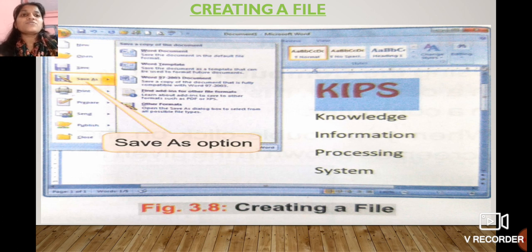So this is the image for creating a file. So we have seen how to create a file. We have to go on Microsoft Office Word, and then when we click on Microsoft Office Word, we can see a blank document, that is only creating a file, and we have to save our file, as we can see on the screen, that save as option. Okay, we have to go on save as option, and then we have to enter the name for our file.